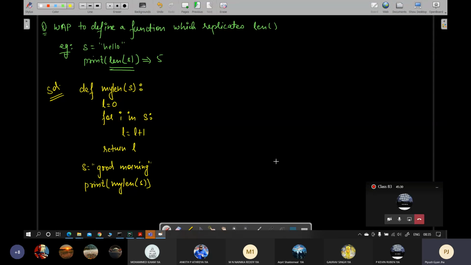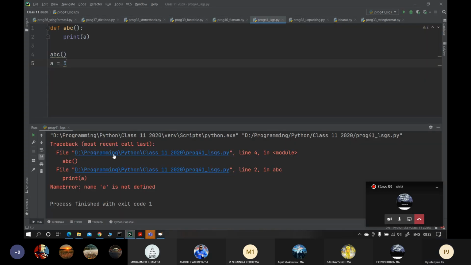Did you understand how len works? Look, mylen, let's say, and here we'll write one s. Here we will write l is equals to 0, for i in s.